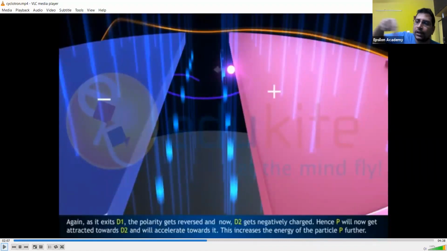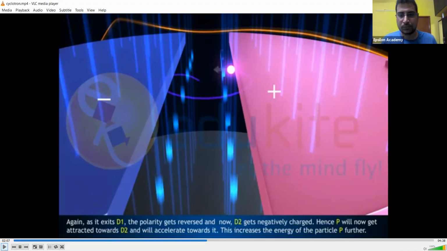Again, what will happen? Here it will complete half a revolution, then the polarity will be changed. Then what will happen? Its velocity will again increase. When velocity is increasing again, it is going to have a bigger radius. As a result of which, due to the combined electric and magnetic field, the particle will neither move in a circular path nor in a straight line path. Rather, it will move in a spiral path. You're able to understand? Look at the way it is going to move.